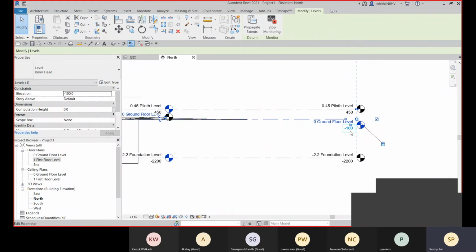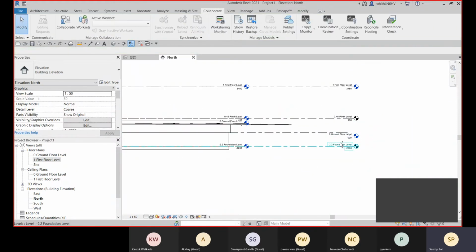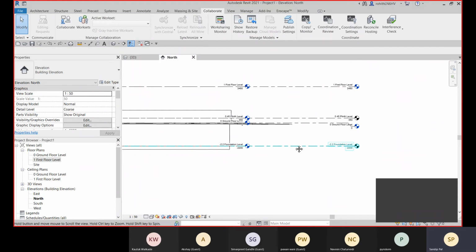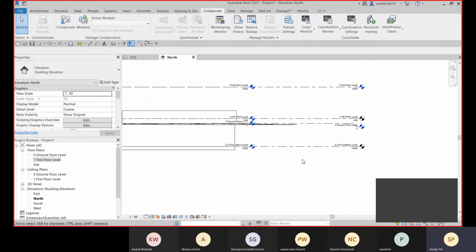So you need to make it correct, otherwise you will get that warning. All right, so this is what we should do if I'm using any Revit file and I'm coordinating with another discipline. So I need to go with this Copy Monitor, or else